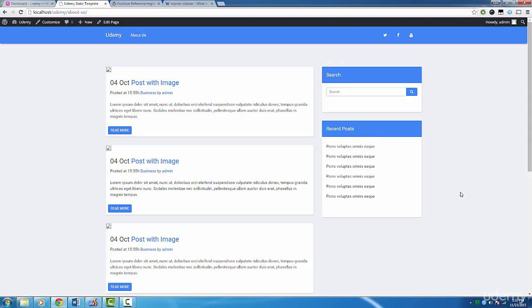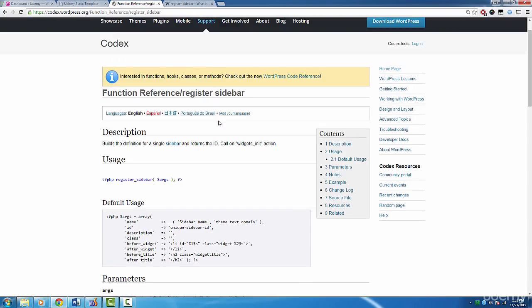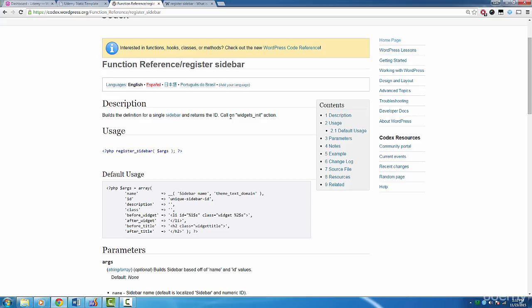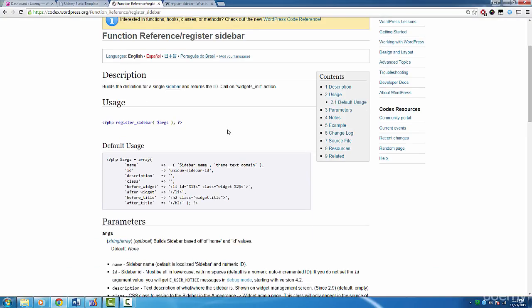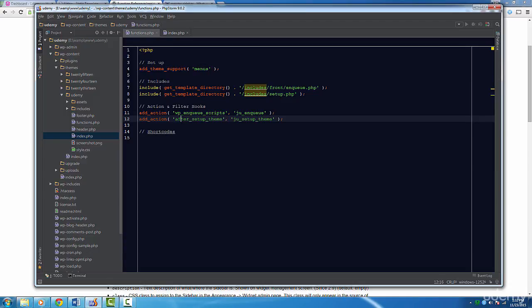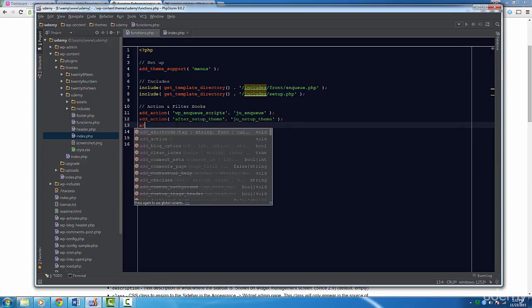Alright, so right now I'm looking at a function called register_sidebar. As usual, check out the resources section of this lecture for the link. If you look at the very short description, WordPress recommends that we use this function in the widgets_init action hook. So let's do that. In our functions file, let's add this hook under the hooks section and let's call our